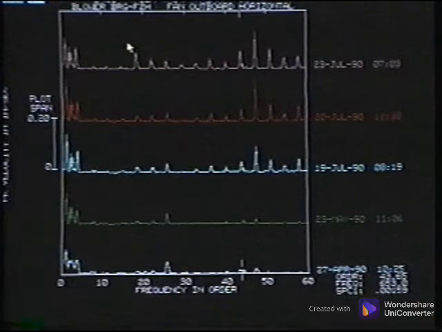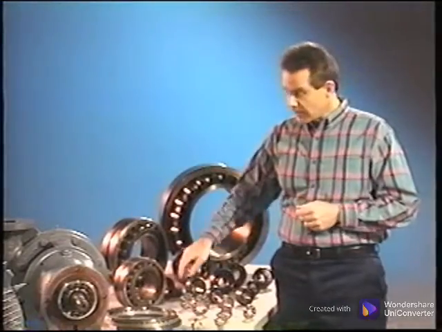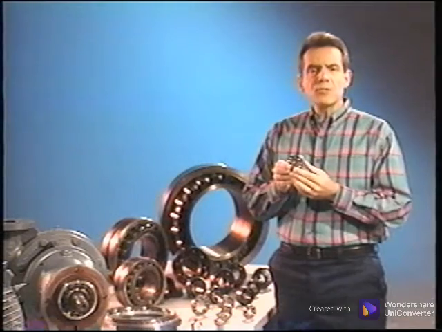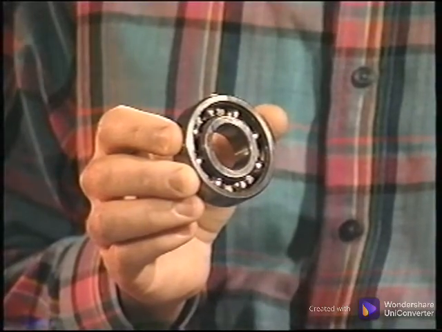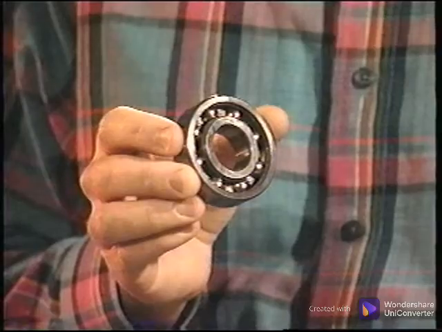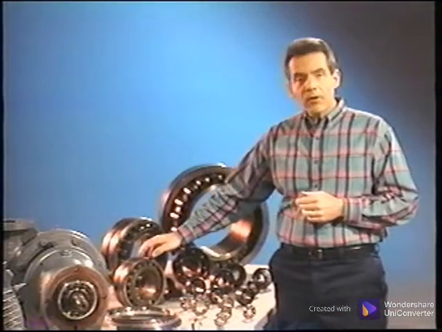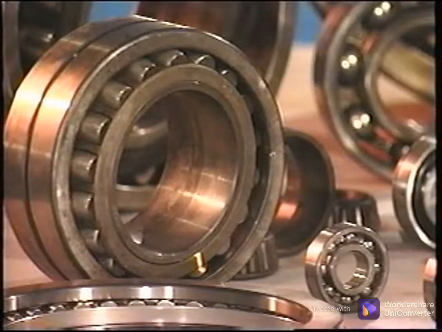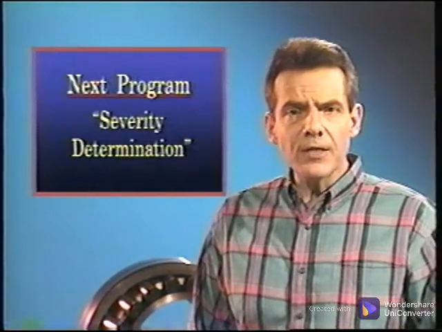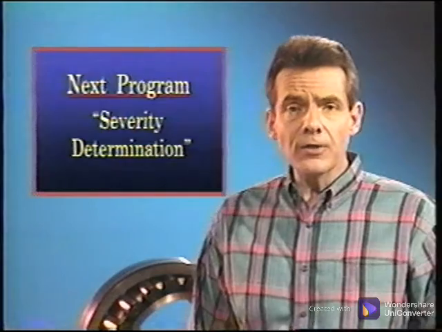Many analysts complain of missing bearings, and one key factor is they do not set the maximum frequency far enough out to see the defects. We need to realize, though, that small bearings with 7 or 8 rollers will probably begin showing up in frequency data at less than 35 times turning speed. On the other hand, larger bearings with many rollers will tend to show up first at much higher order frequencies. Although the next program in this series deals exclusively with determining severity of defects and how long the bearing will last,